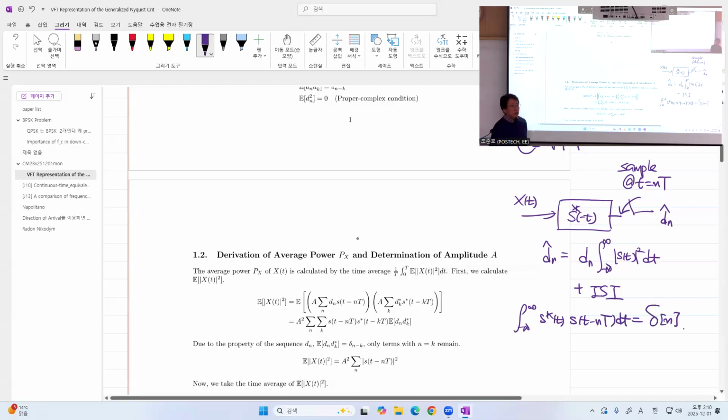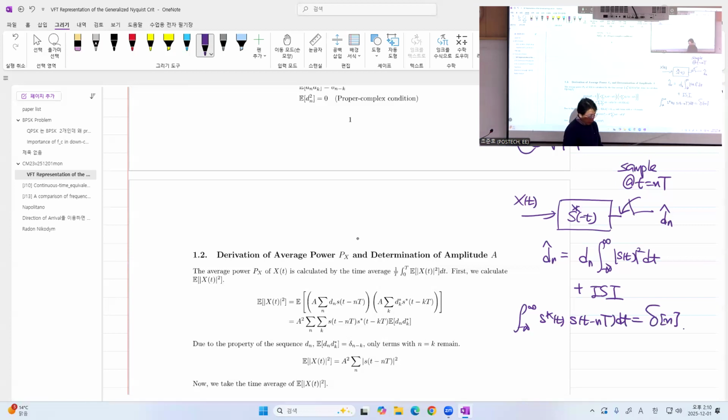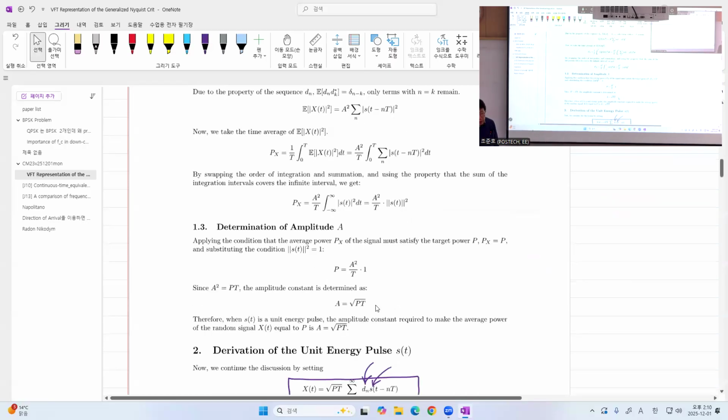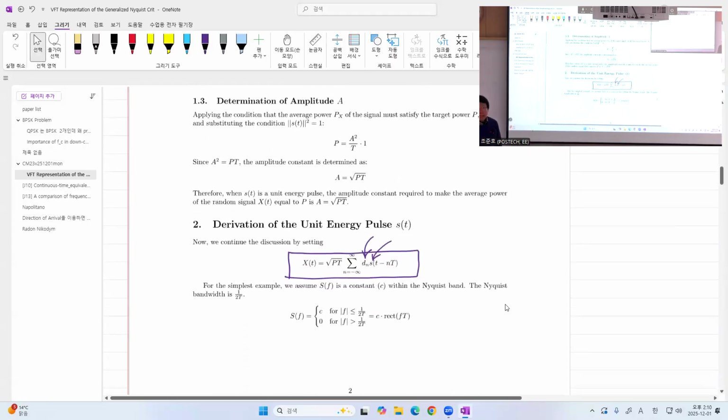Got it? So now when n equals 0, this right-hand side becomes 1. Otherwise, it's 0. Got it? That's why this strange notation with square root PT appears here,